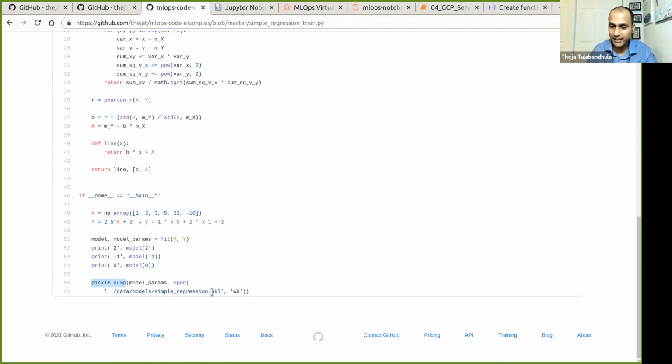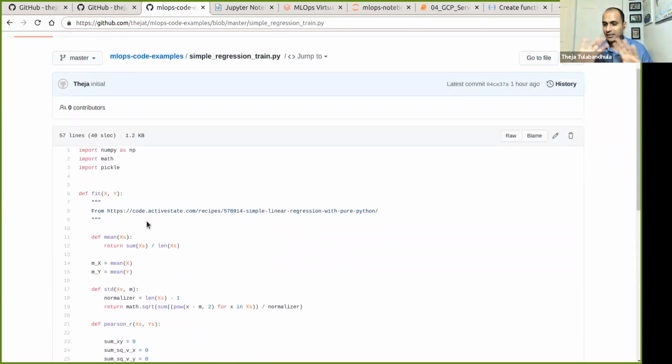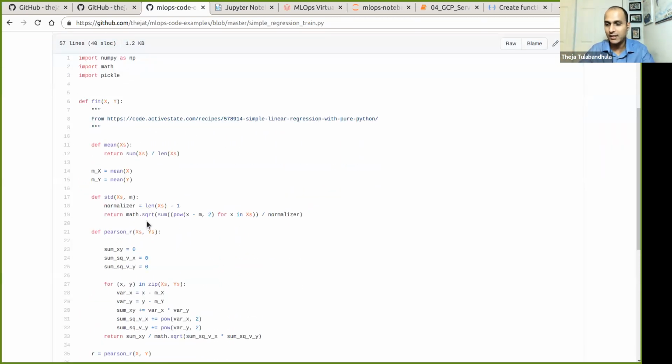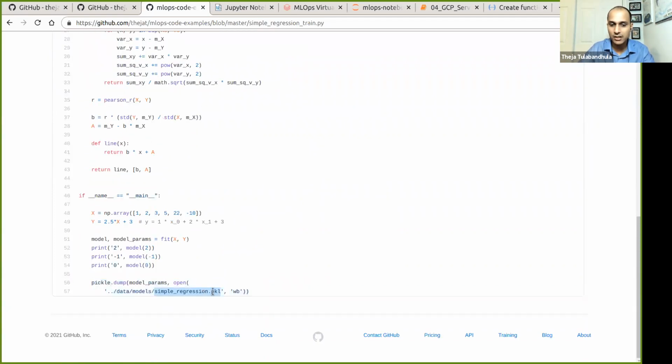I can also write it as a CSV file with a comma, or things like that. There are many ways to do it, but here I'm just showing you the way you dump a model to disk. This is a very simple training example. I've really removed all sorts of other packages to just show you how one-dimensional regression looks in terms of training and getting a model to disk.